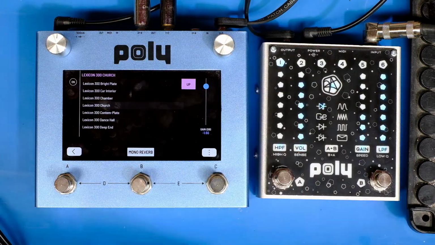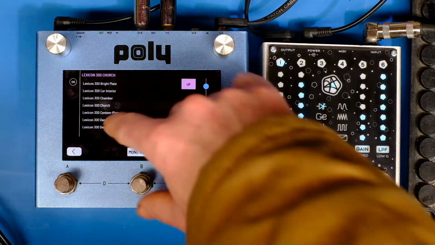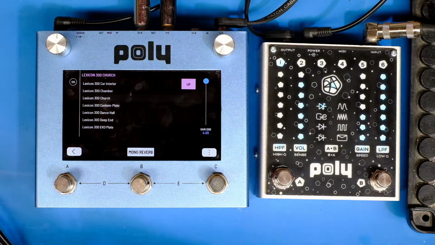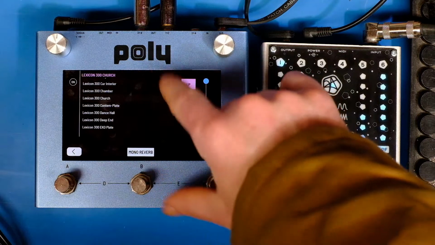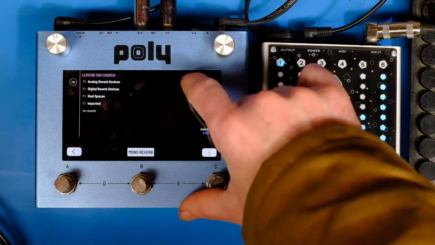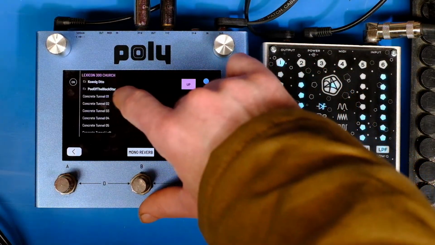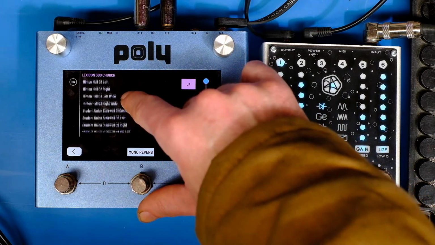That one's bigger. That one's quite fun. Yeah, that's quite fun. But truthfully, the good stuff is the real spaces, because you can capture actual real spaces